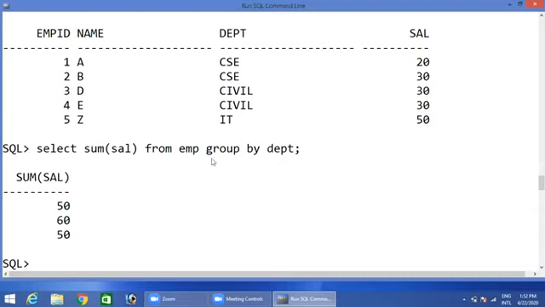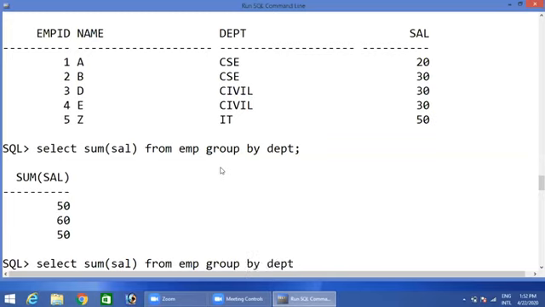So now after group by I got this result set. Now I want to filter some more records. I don't want 50 and 50. I want only 60. So after group by, use: select sum of salary from employee group by DEPT.